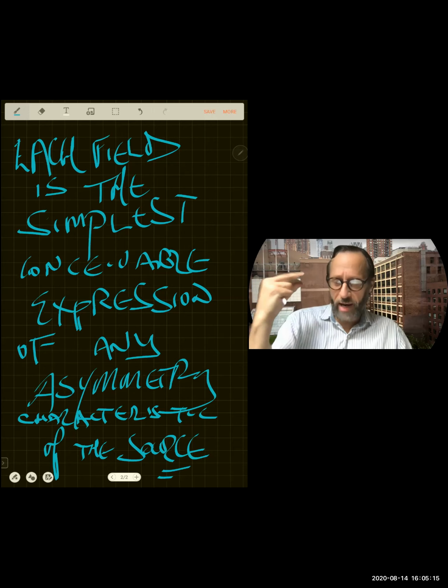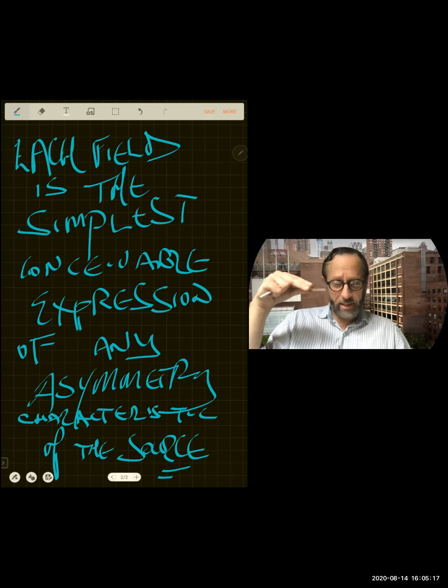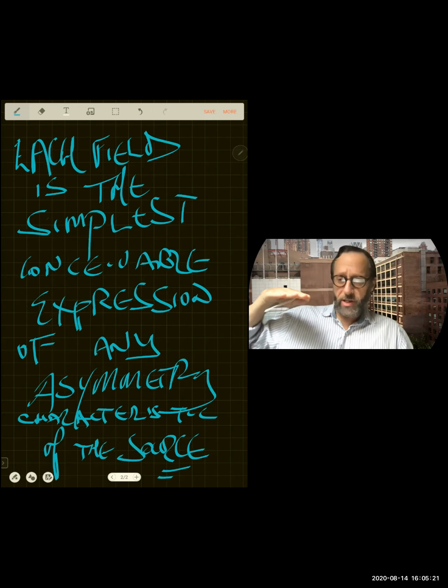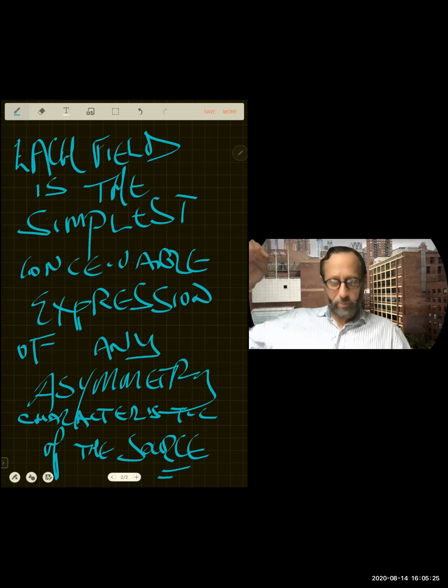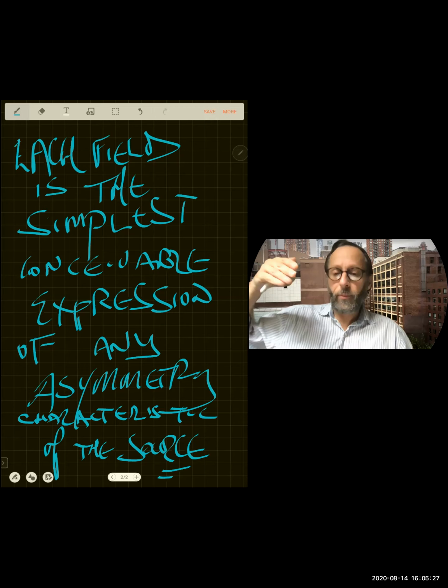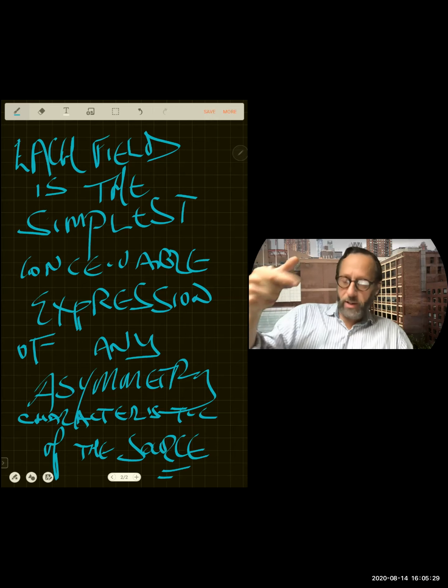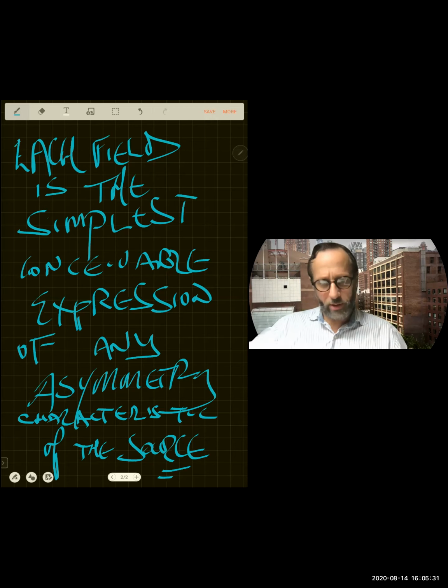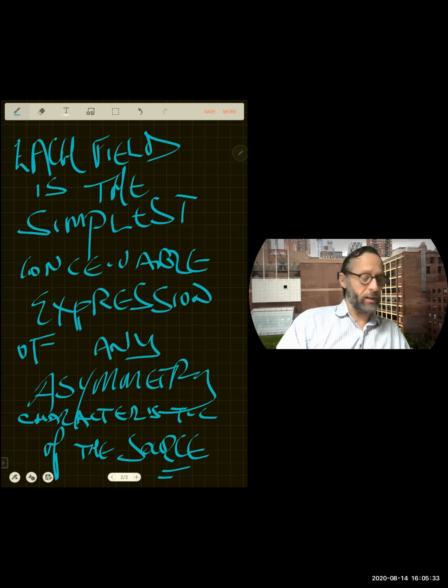In other words, the shape of the charge, whatever extent in which and manner in which it's asymmetric, is what turns the otherwise fully symmetric field lines into something only partially symmetric. If the charge configuration has one-dimensional asymmetry, then the field lines have one-dimensional asymmetry, et cetera. The field lines are the simplest possible expression of the shape of the source. So when we had a point of charge,